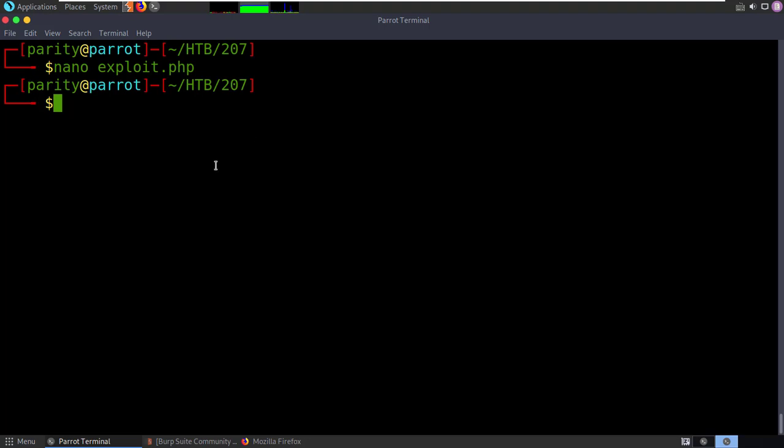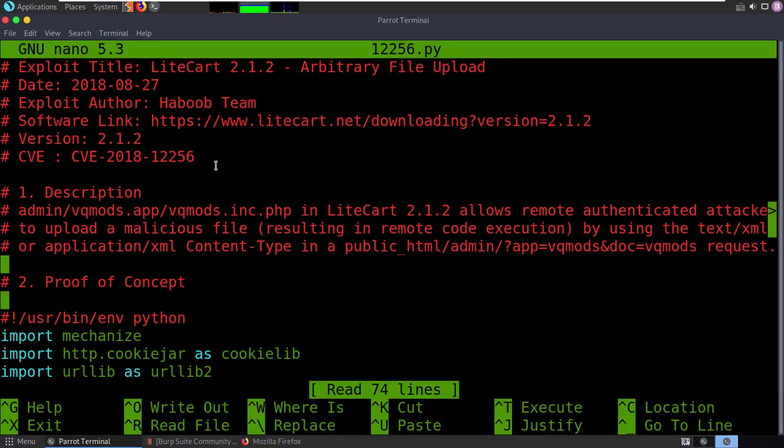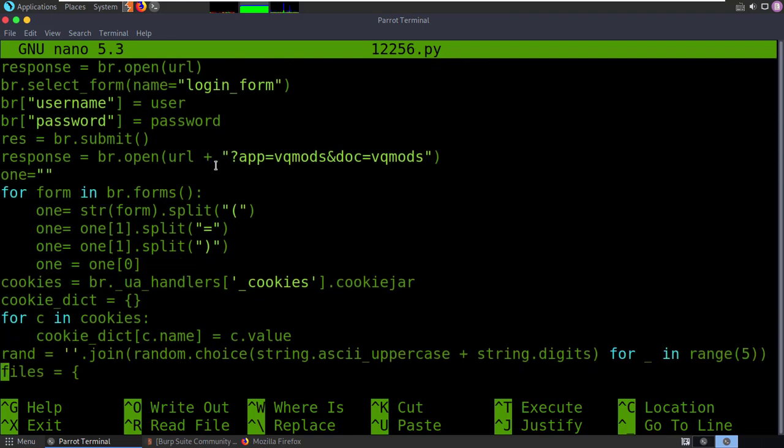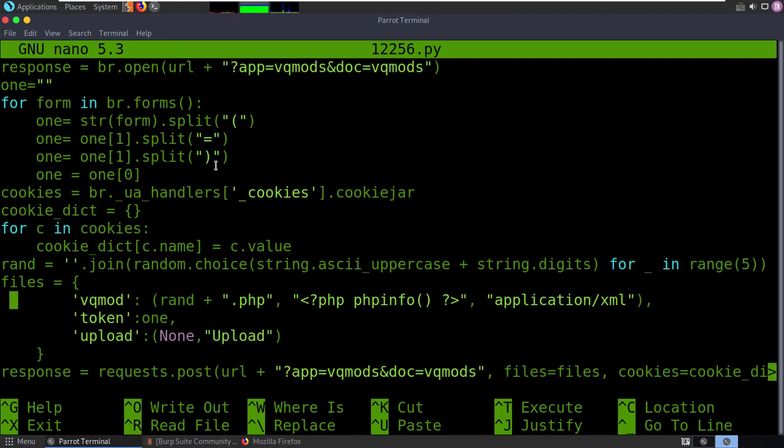I actually use the same code that I've been using, which is that 12256. Because what it's doing is uploading information. We already have a mechanism to upload. It's already told us how. We want it to be a PHP. We just want it to do something different. So if I want to upload PHP information, I can just use a PHP function and give it a shot. So we'll try